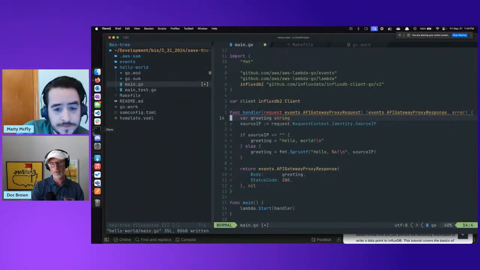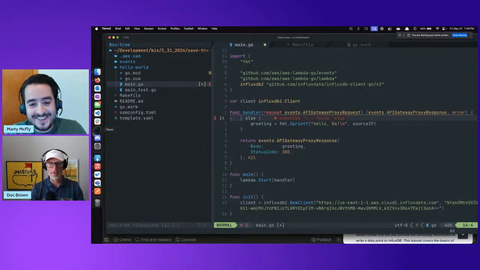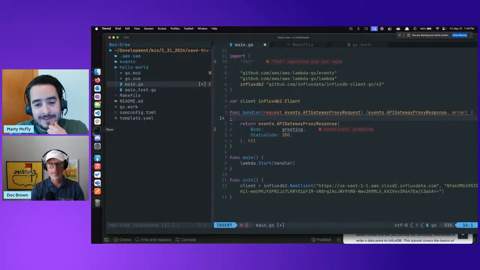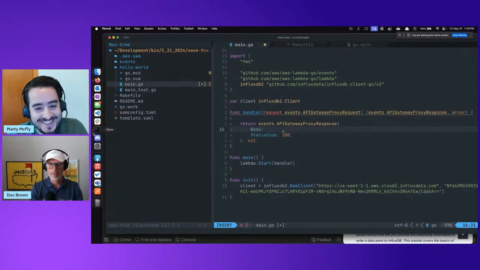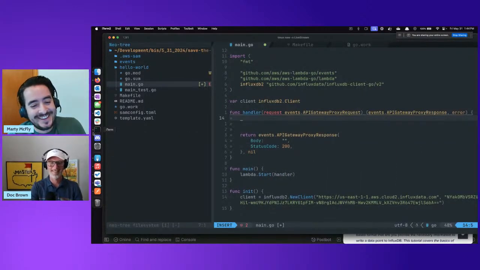Let's go back to this. So let's get rid of some of this garbage. Bye-bye, garbage. Oh, look at that. It's so cool with Vim. Yeah, I know. Look at it. It gives me all this stuff. I mean, it's so much better than VS Code. You have no idea.